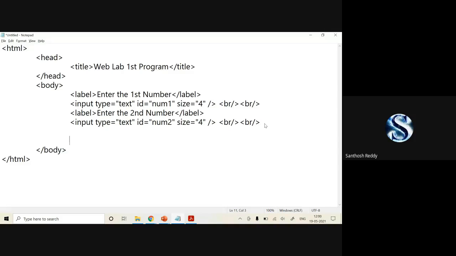I have to make use of the select tag. For this select, I'm going to generate one ID and I'm closing my select.